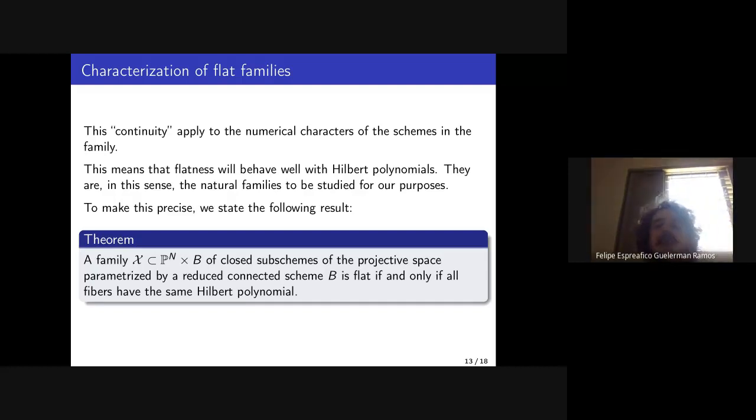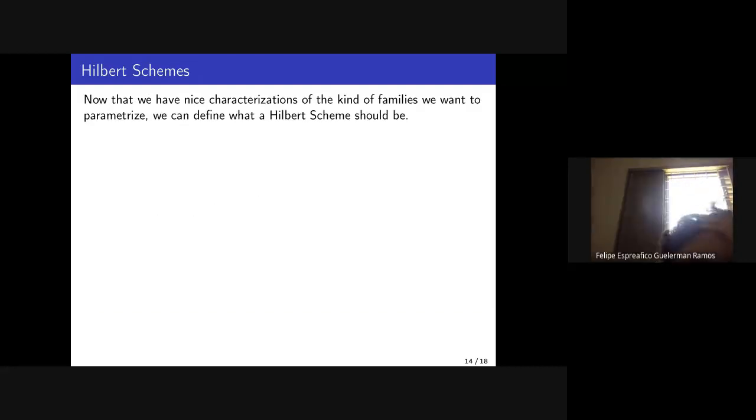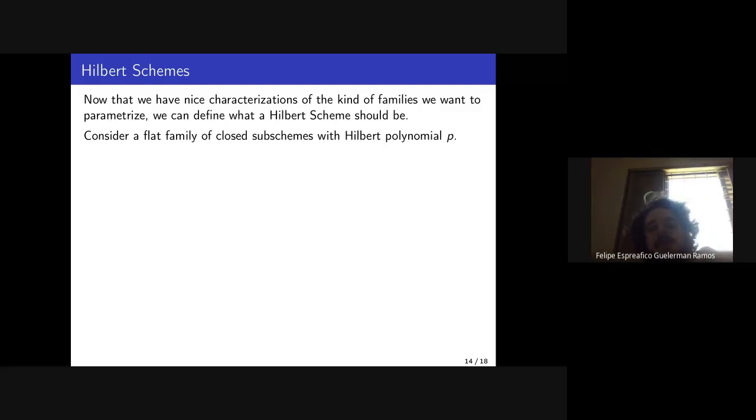So that's really nice, right? So this is a really nice characterization. We are not, of course, going to prove it because it's a very sophisticated result, but it's nice to see that we have this equivalence. And now we can define what Hilbert schemes should be. So we have these flat families, and if we have a flat family of closed subschemes, they will have the same Hilbert polynomial P, and